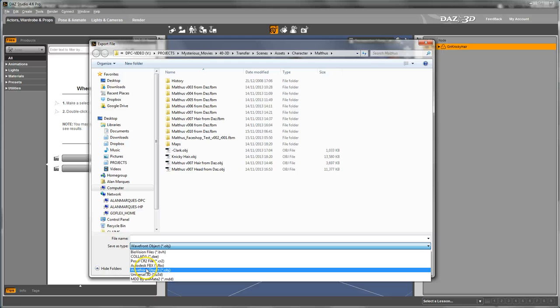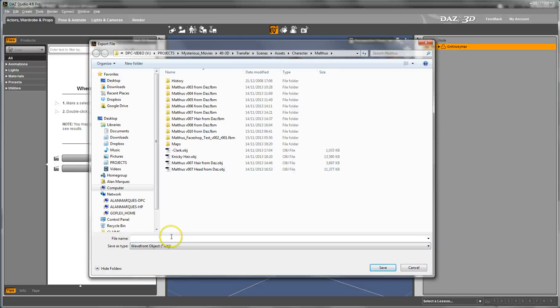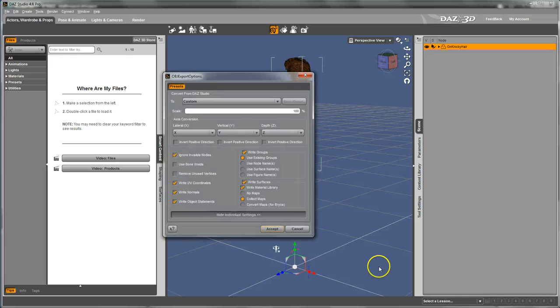So down here, Wavefront OBJ on the list, and we'll call this, you didn't see I did one earlier called Nikki Hair, so I'm just going to highlight that. And let's just call this Nikki Hair version 2. So we're saving it as an OBJ file, so just go Save As. A dialog will come up,